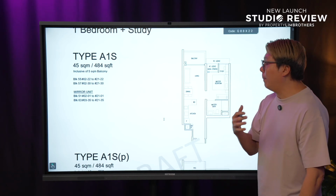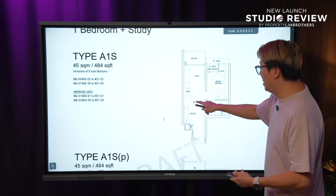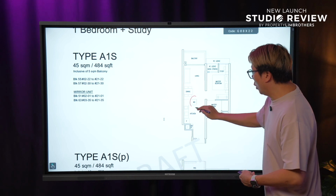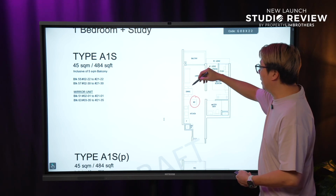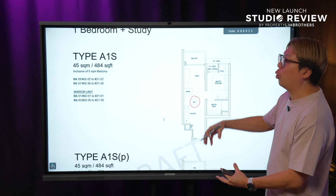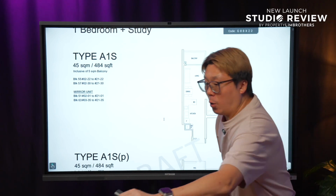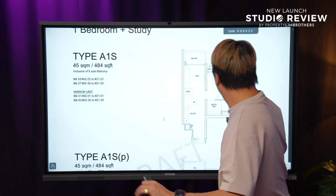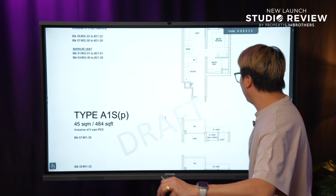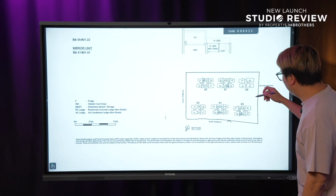And with all 1+ study, usually the kitchen will be a kitchenette, and what you get is a washer dryer right over here, and thereafter a dining and a living and a balcony. So it's very linear, or rather in a way a portrait kind of layout here for 1+ study. So in 1+ study, in terms of the units distribution, you can see that over here,